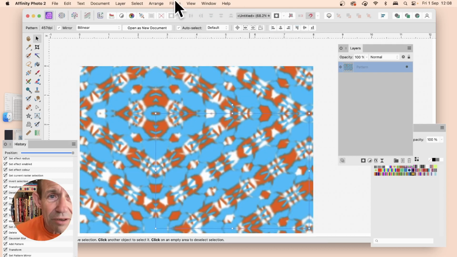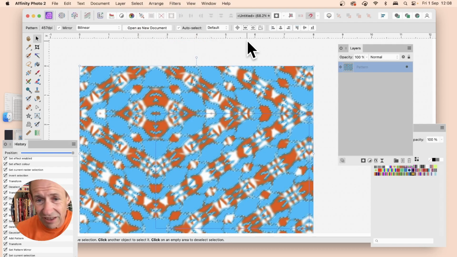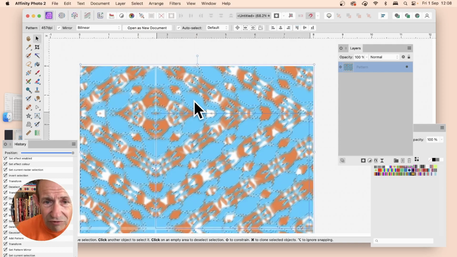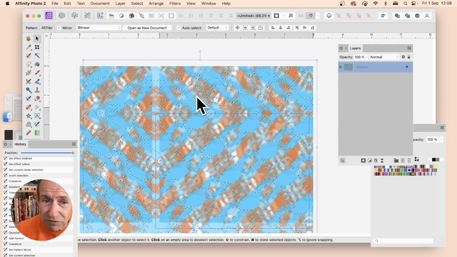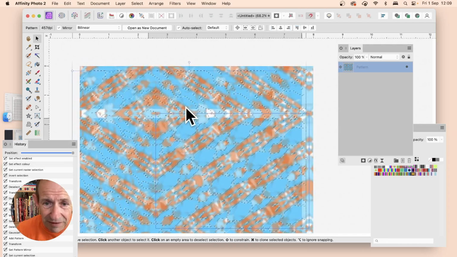Then I can go Select and Selection from Layer Intensity. So I can use that. So Selection from Layer, you can see now I've got a slightly more complex selection. Again, you can go over here, get the move tool, and you can just drag it slightly. Now the results will vary. What it will create, you can see as it breaks it apart,